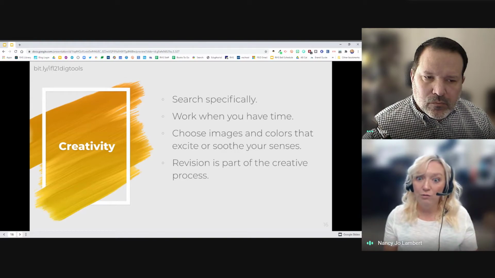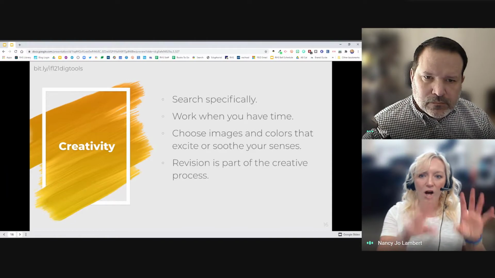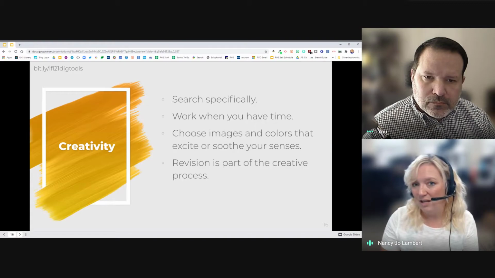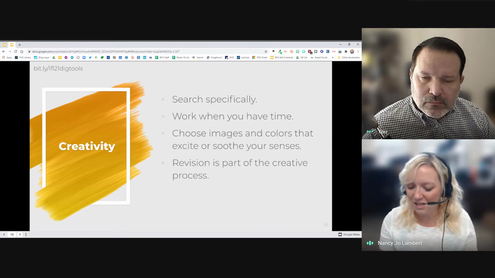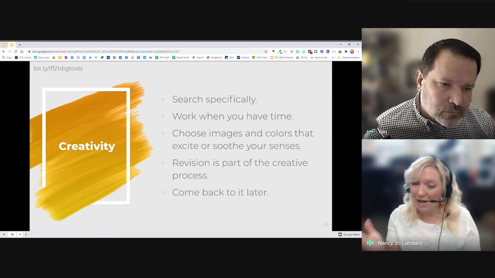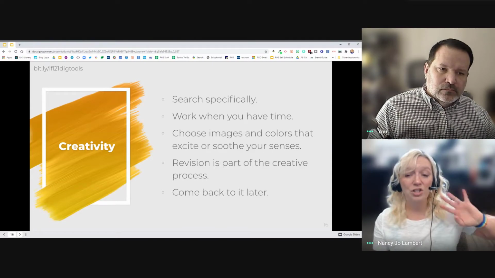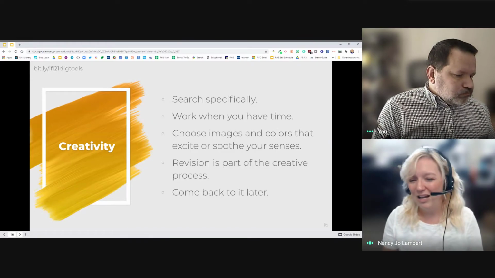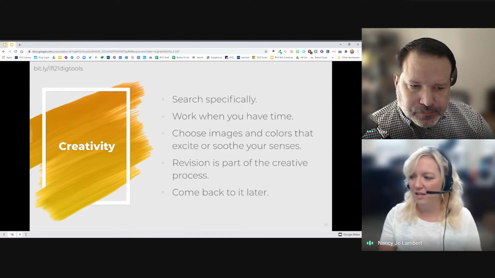Sometimes I'll find 3 or 4 images and save them quickly to my desktop, and then I'll try each one to see which I like best. Later on, I might get further along in the design and think, you know what, I'm going to go back to that other image. And that's totally okay, because revision is part of it. Coming back to things later is key too. A lot of times if I can give it a few minutes, go to the bathroom or help a student with something, and then come back and see it with fresh eyes, it helps my creativity process and the design in general.